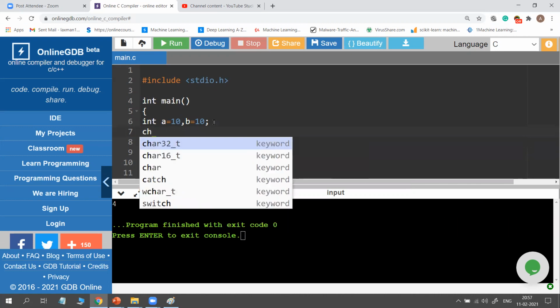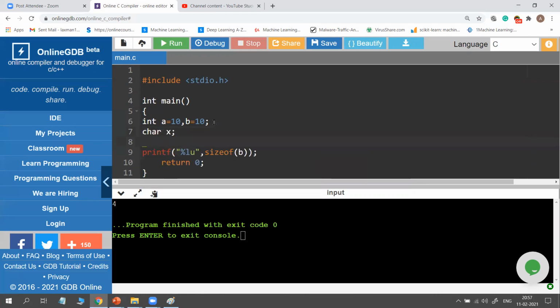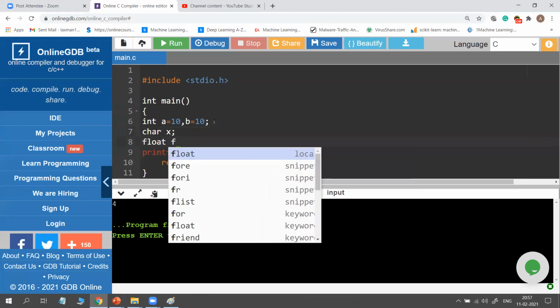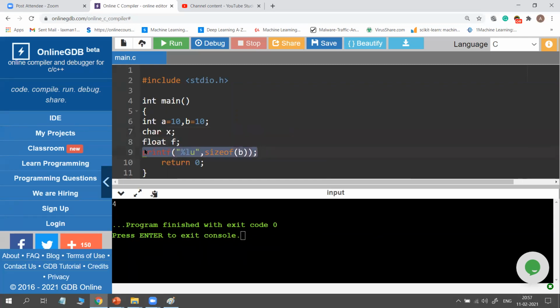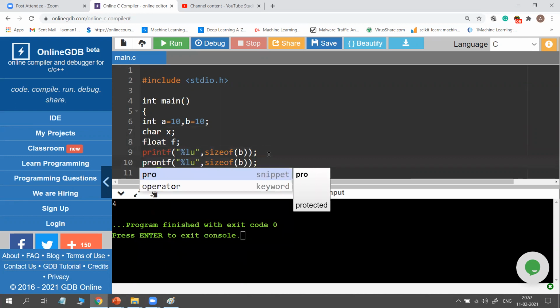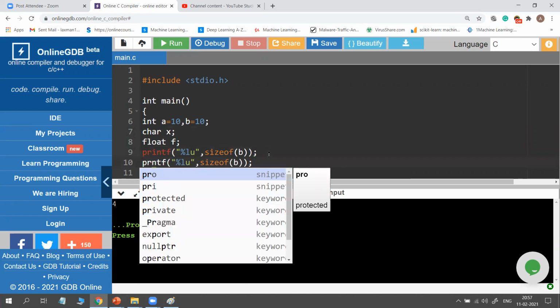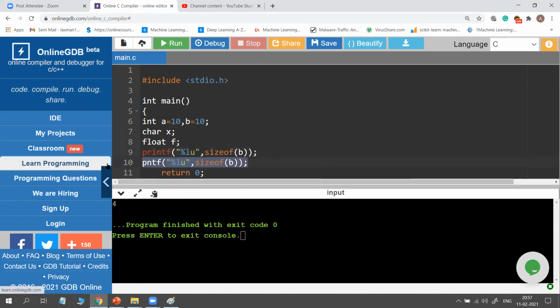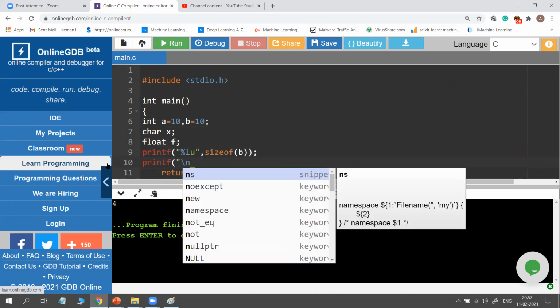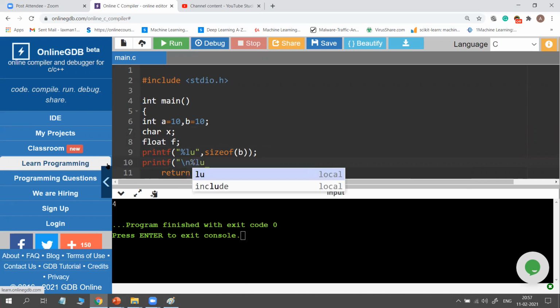Similarly, I can give a character variable, char x. Similarly, a float variable, float f, and try to see the sizes again. So I am adding one slash n here. So printf, slash n, percentage lu, comma, sizeof, for example, x.